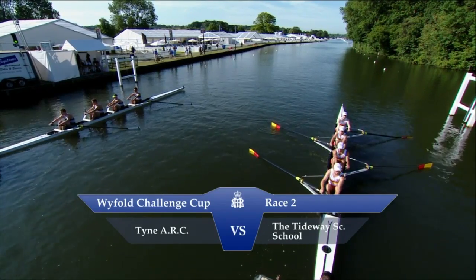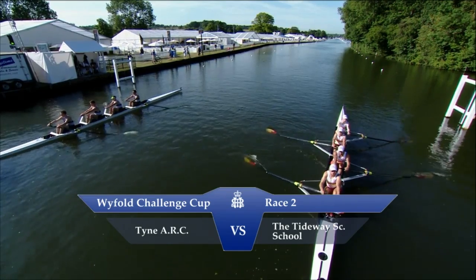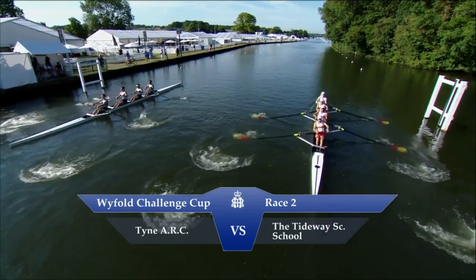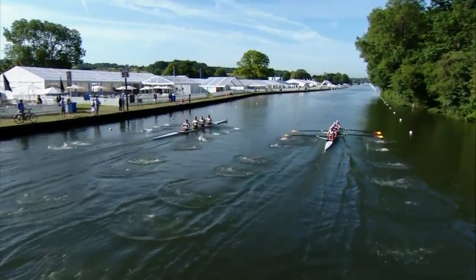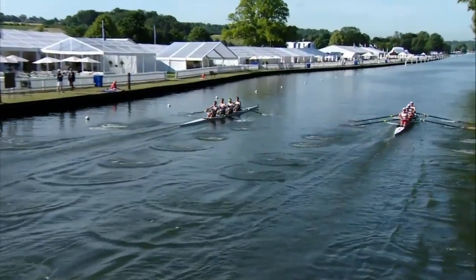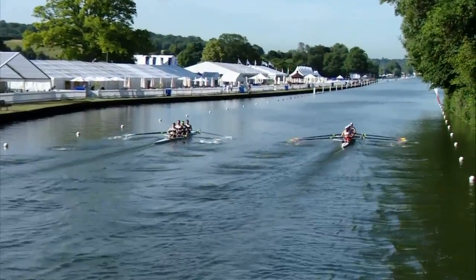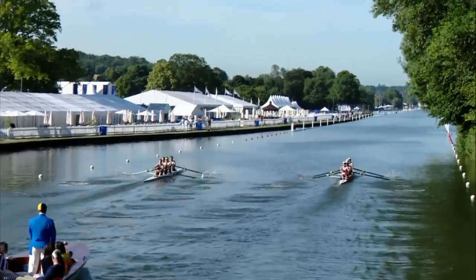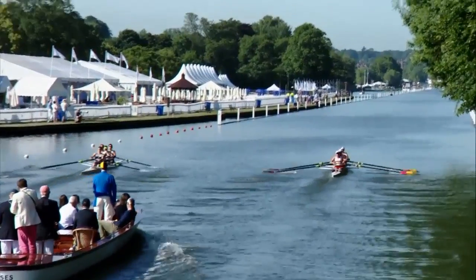And this is race 2, the Wyfold Challenge Cup, Tyne against Tideway Scullers School. Men's Cox's fours, key to get off the start straight. Tyne, we've been watching all week, they've had the slowest start, and today against Tideway Scullers, it's Tideway Scullers that have come out the blocks fast. Tyne, they're going to be looking again, toughing it out, holding on to Tideway Scullers, but Tideway Scullers really quick